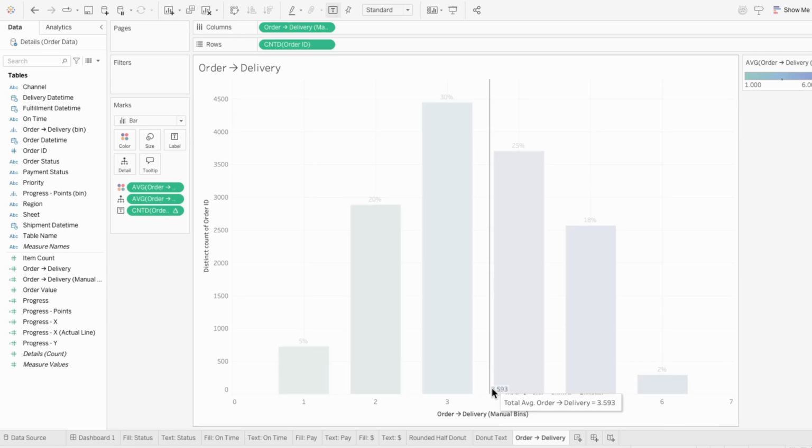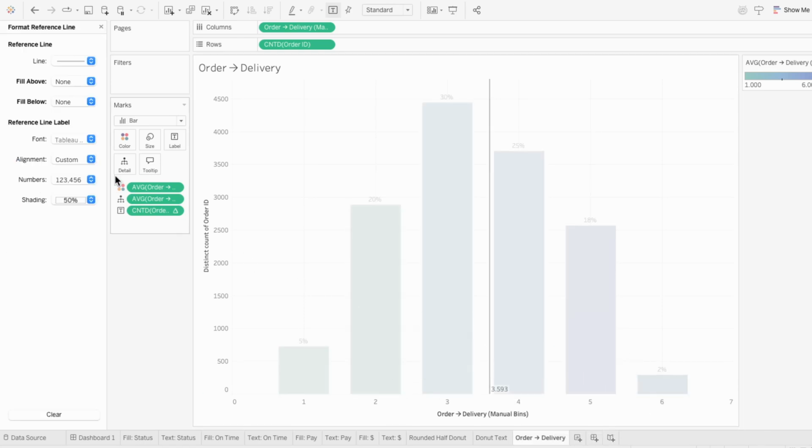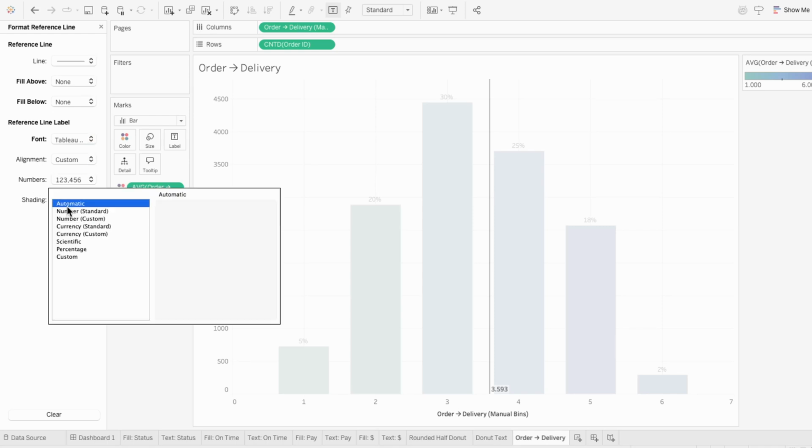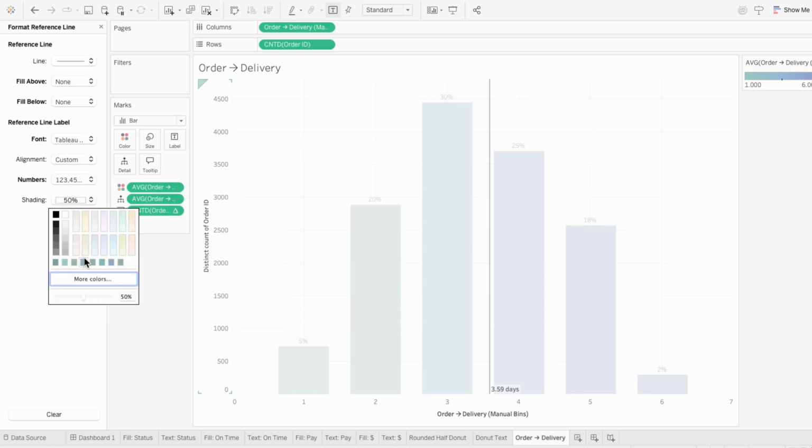For the reference line, I'm going to format this so the text is more visible. So I'll make this Tableau medium, change the number formatting to be a number with 2 decimals, and then add the suffix space days, just to give it a bit more context. And for the shading, I'm going to increase it so we can see it even if it's behind one of